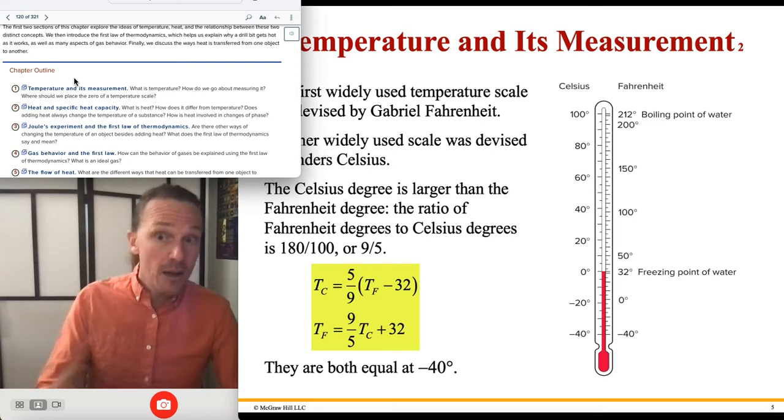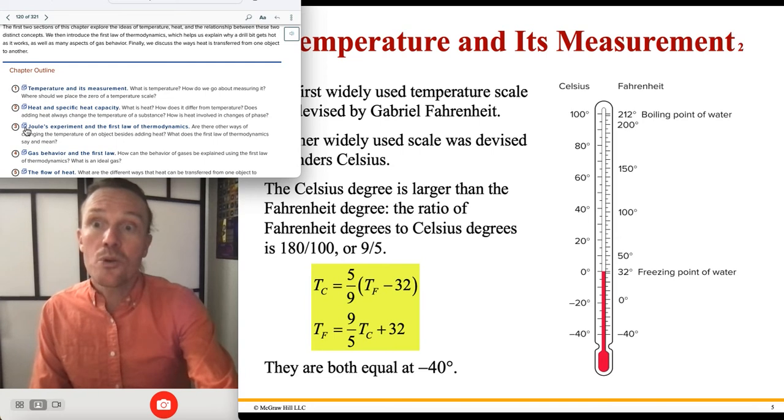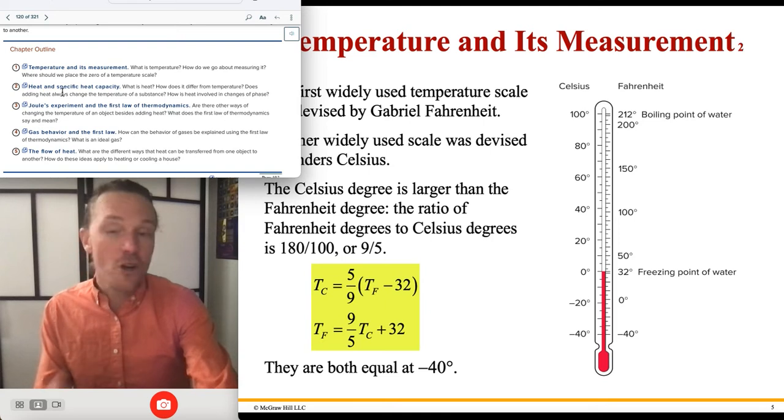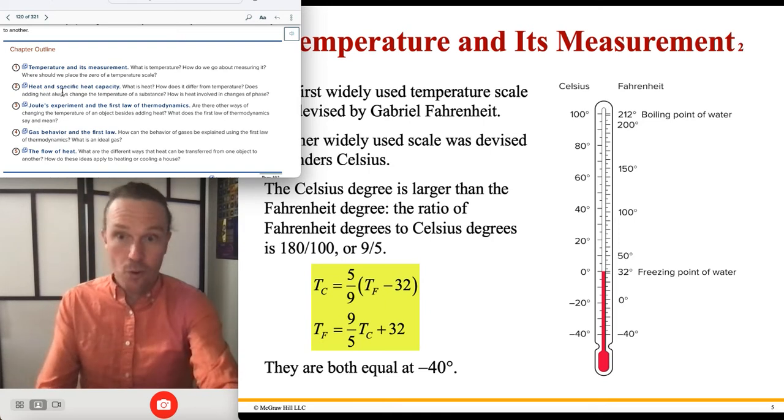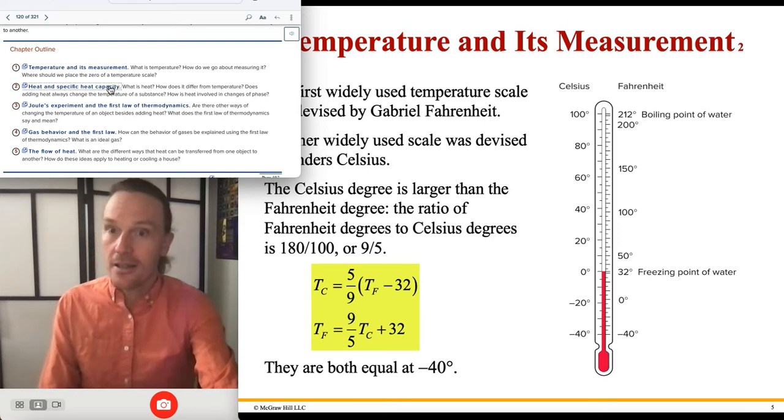We've got the Zeroth Law. We could stop there, but we won't. Well, there's another good way to think about it. Now, we're going to leave off before we really get to the first law of thermodynamics. We're going to do these first 2 sections. And the other 2 definitions are heat, which I've already said is a form of energy, but we'll define it formally. And then this thing called specific heat capacity, which